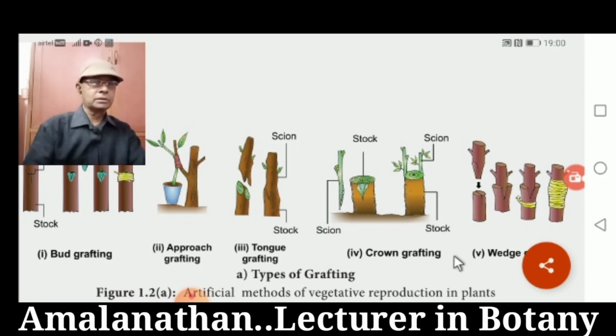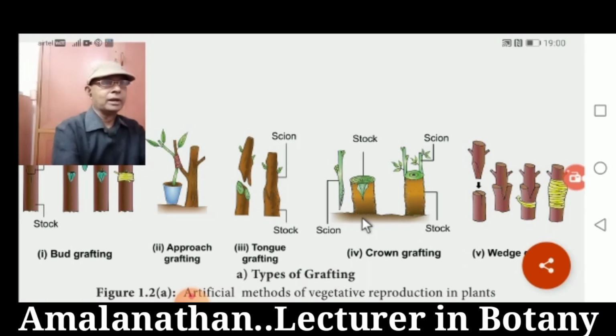The next one is ground grafting. This is the ground grafting. Here the stalk is large in size, having a large diameter. Many scions are selected, cut into wedge shape at the base. The scions are inserted in the slits cleft on the side of the stalk, fixed in position using graft wax, bandaged with tape or wax.